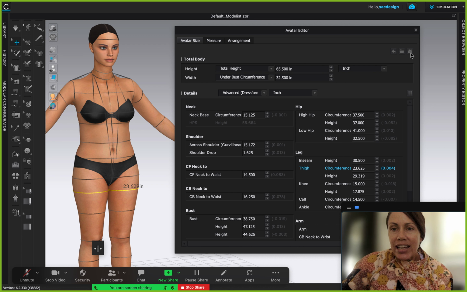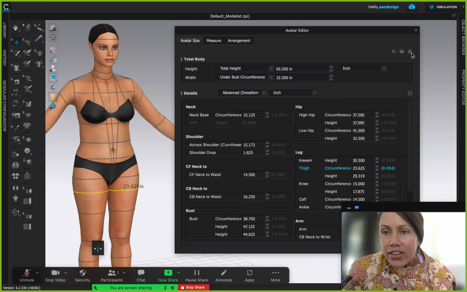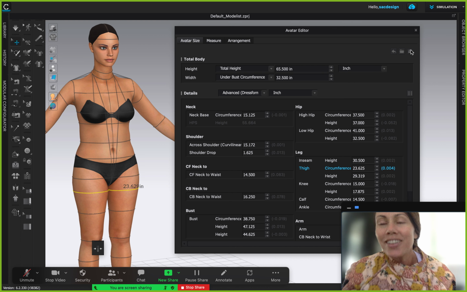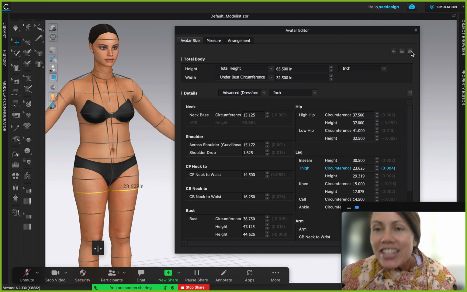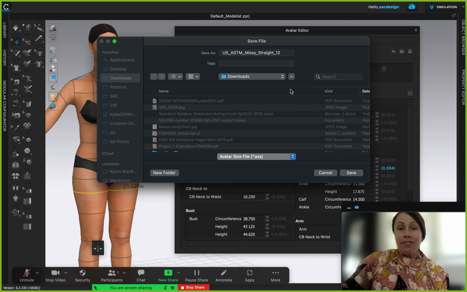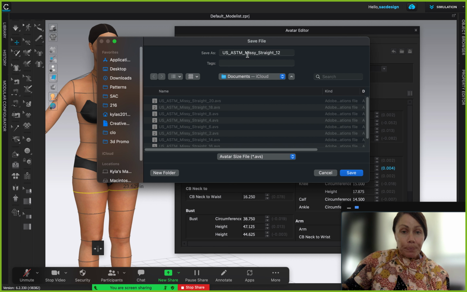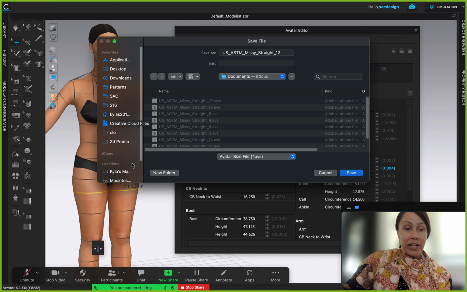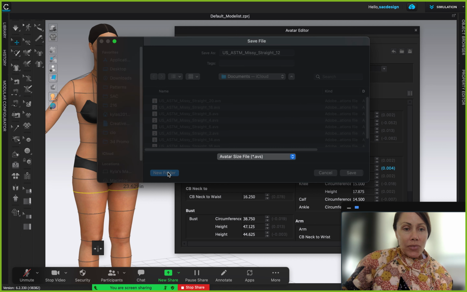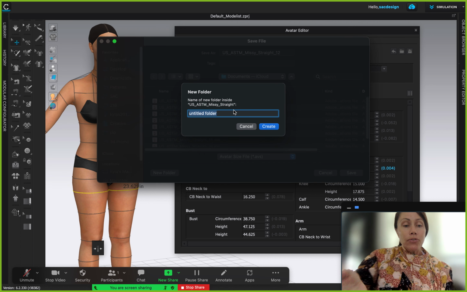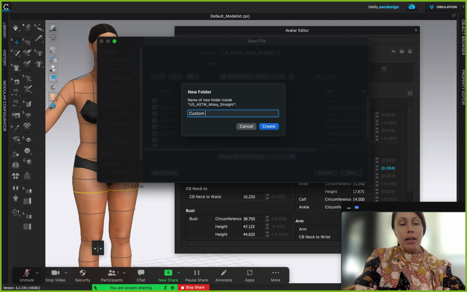And then you can hit, let's see here, this little save button. You see it's so teeny. I have to like scroll in, like look in at my screen to see it. And it will actually save these measurements for you. So I don't want to name it Missy Straight 12 because I changed something. So maybe you start a new folder. You could get organized, create maybe go to your documents or somewhere and do save a new folder, and you could say custom measurements or whatever you want to call it.